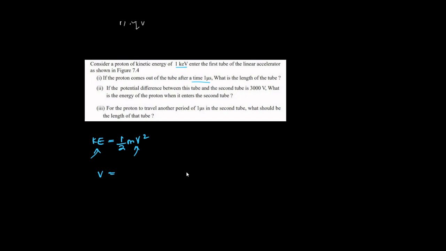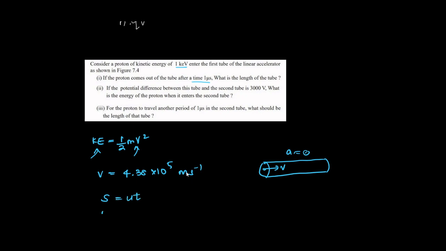And for this video, I'll tell the velocity. That's 4.38 into 10 to the power 5 meter per second. So what is the length of the tube? Now remember, when this particle enters this tube, it travels with a uniform speed. There is no acceleration within the tube. So, the length of the tube, by applying S equal ut plus half at squared, acceleration is 0, therefore S